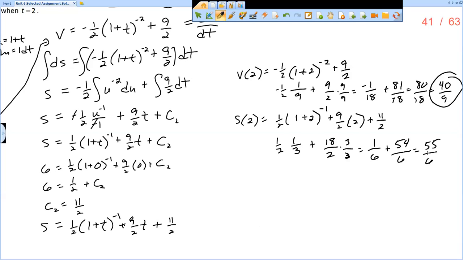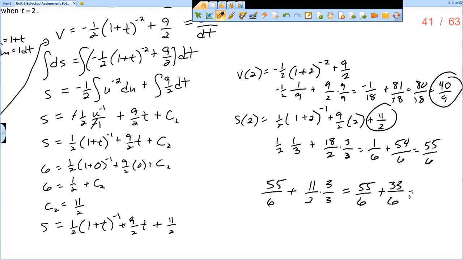So I get the 55 over 6, and then I have the plus 11 halves. So I almost forgot to add that 55 over 6 plus the 11 halves. And so I need to multiply this by 3 over 3 to get the common denominator as well. So 55 over 6 plus 33 over 6 gives me 88 over 6, which is divisible by 2. And so I get 44 thirds. All right, so that is